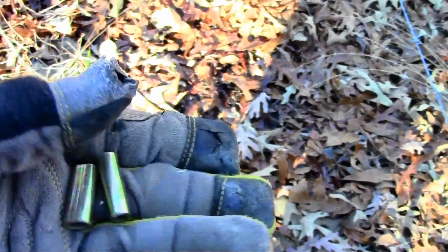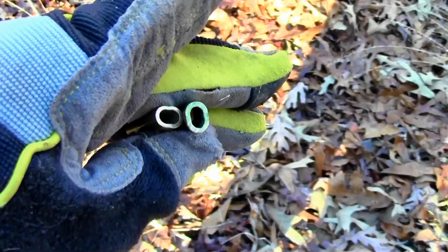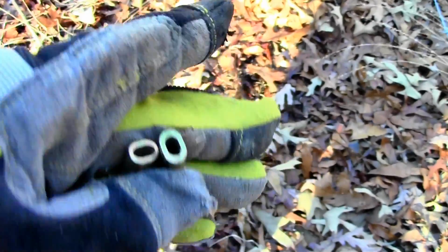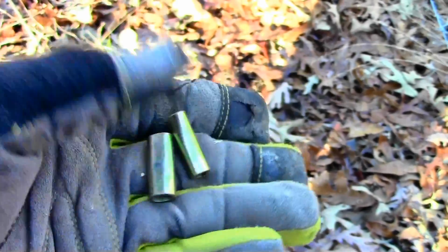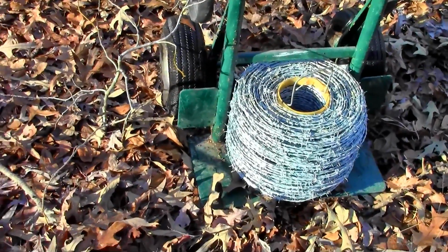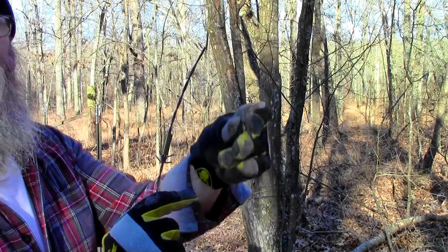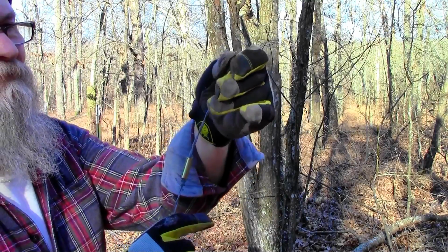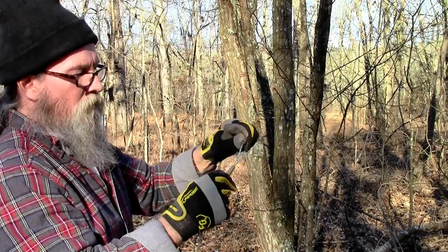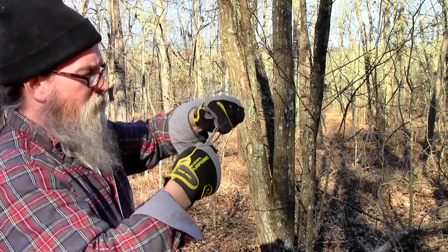These are the ferrules, the little crimping tubes. Here's a roll of barbed wire. So I just slide the ferrules on the old fence, work in the section of new fence from the spool there that I'm going to splice in,